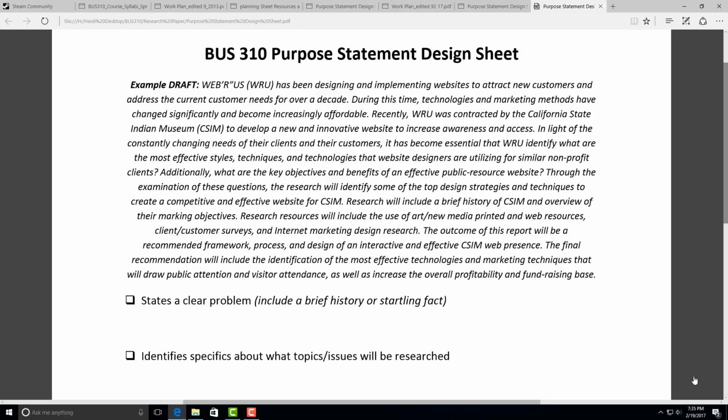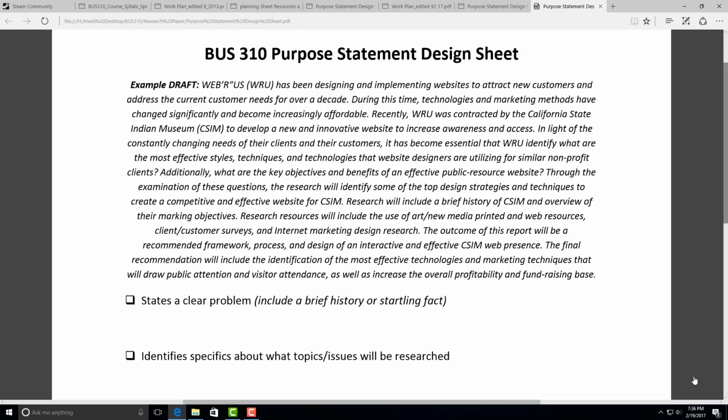research, and the outcome. Webs R Us, WRU, has been designing and implementing websites to attract new customers and address the current customer needs for over a decade. During this time, technologies and marketing methods have changed significantly and become increasingly affordable. Recently, WRU was contracted by the California State Indian Museum, CSIM, to develop a new and innovative website to increase